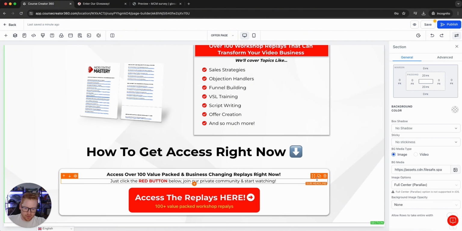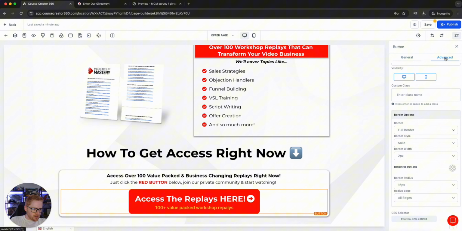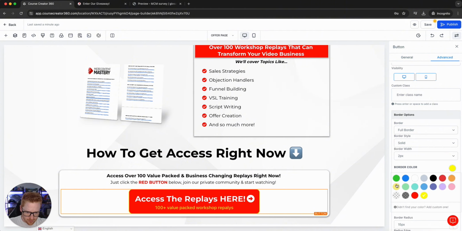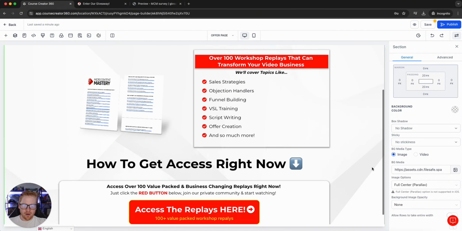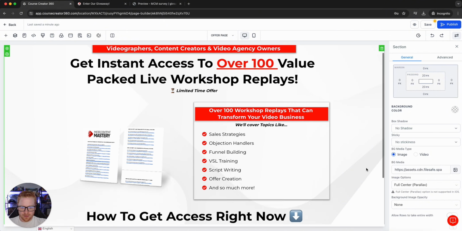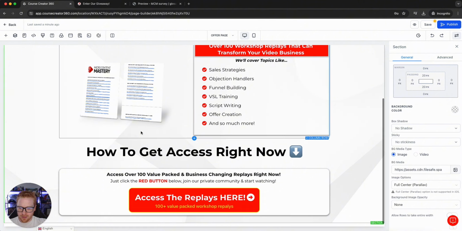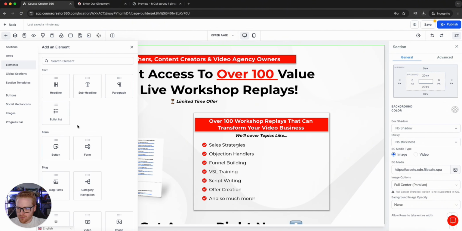Alright, that yellow actually worked out pretty good. Let's also look at what happens if we do like the border around the button with that yellow. Alright, so that pops even more. Cool. Alright, I think the only other thing I'm going to do is add one more call to action button,